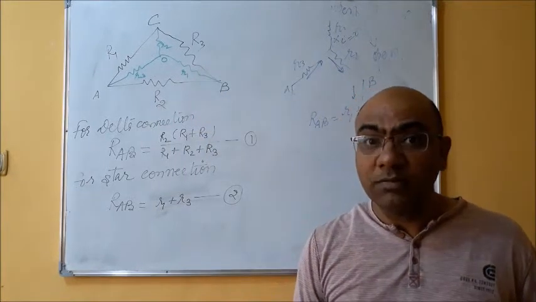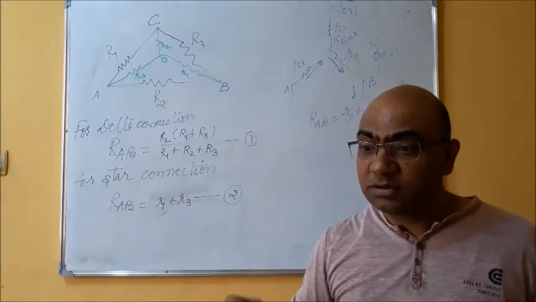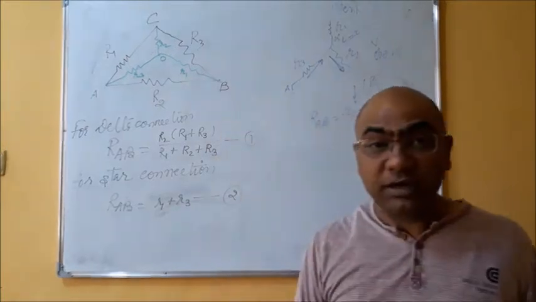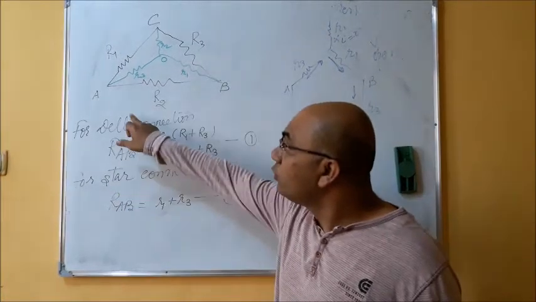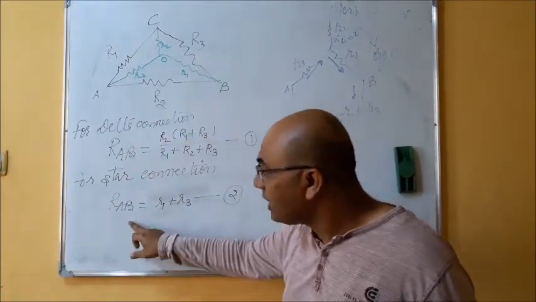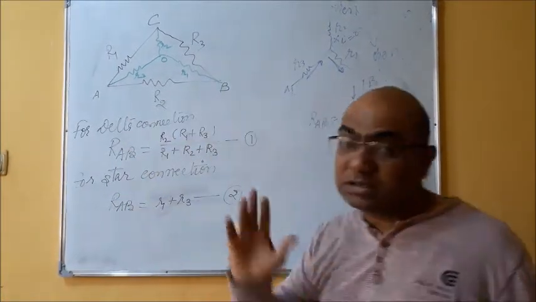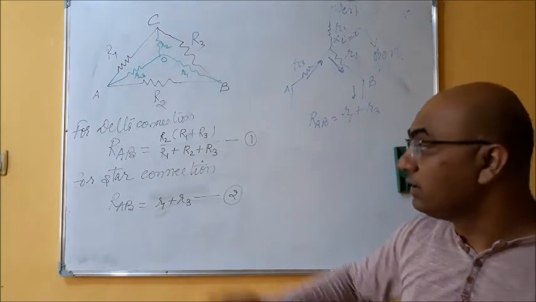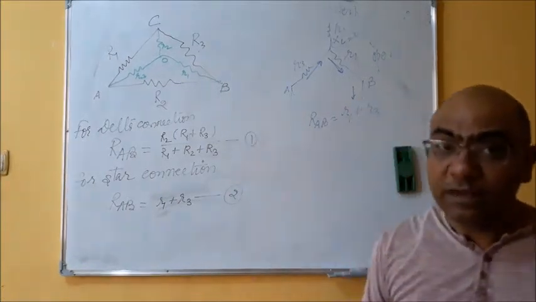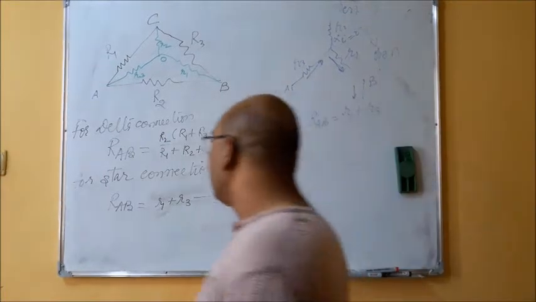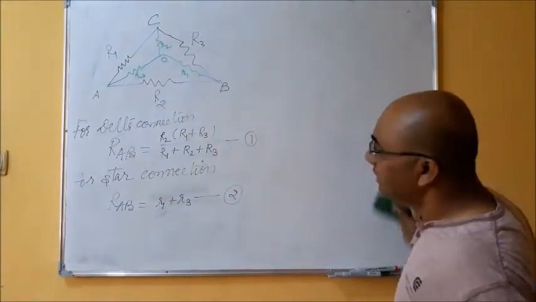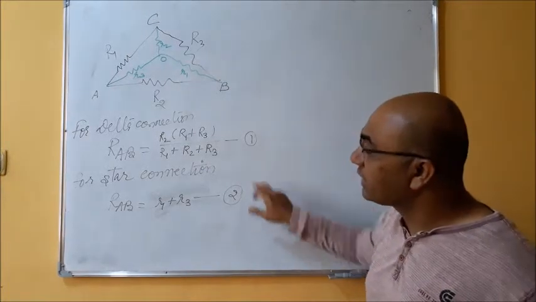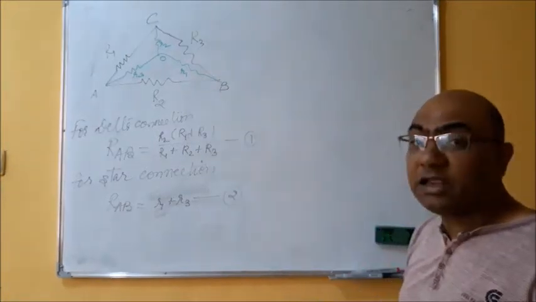They have the same impact on the circuit, and hence if the Rab due to delta is this and Rab due to star is this, this is only possible when these two values are equal. And hence I can say that both the circuits, star and delta,